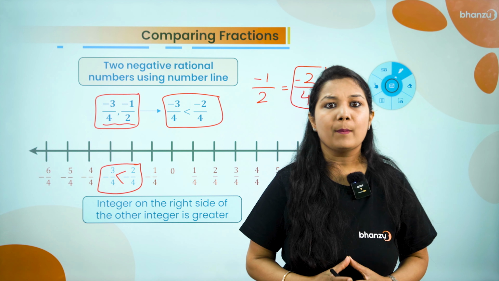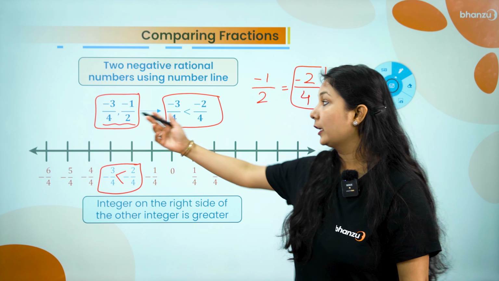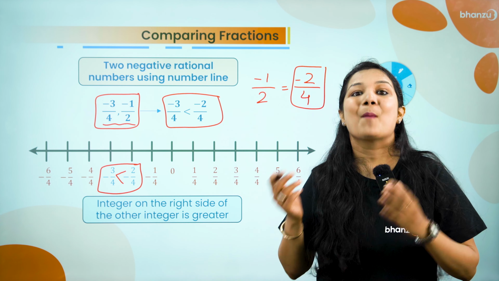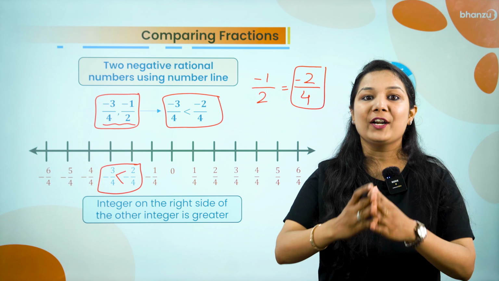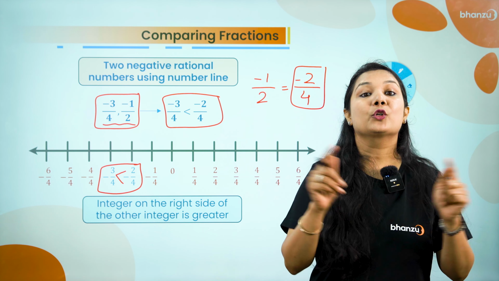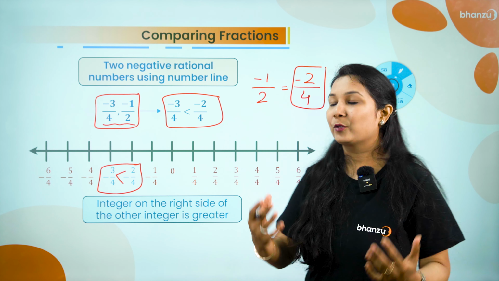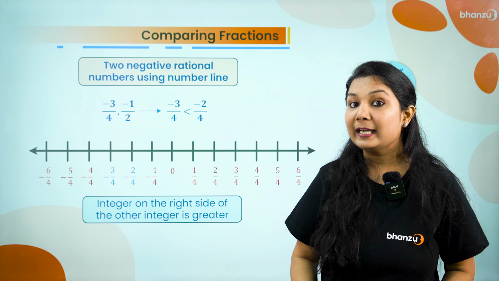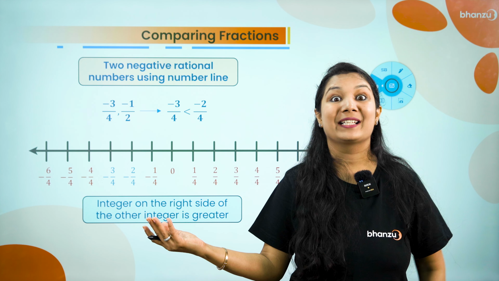So whenever you are comparing two negative rational numbers and the denominators are not the same, the first thing you should do is make the denominators the same by the concept of equivalent rational numbers. Once you get the denominators the same, then you should compare the numerators, and you can also do it with the help of a number line, because on the number line, numbers on the right side are always greater than the numbers